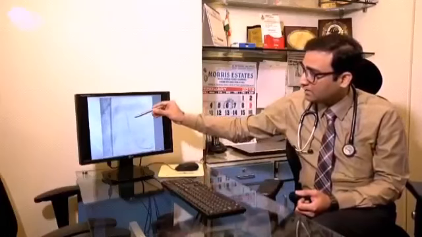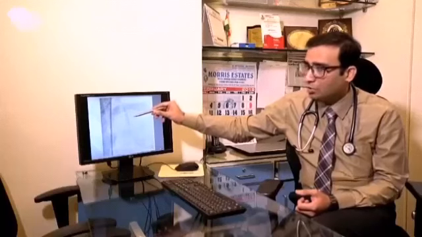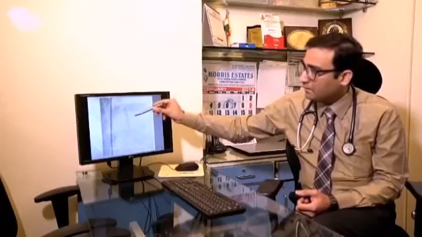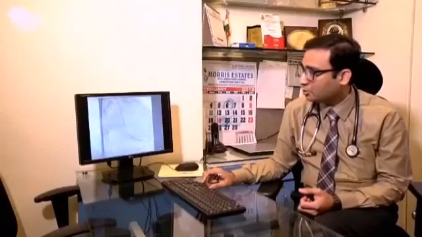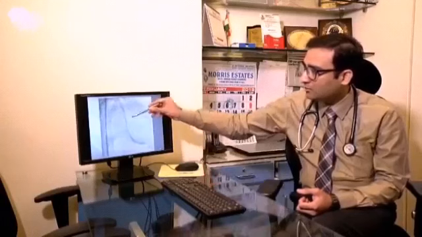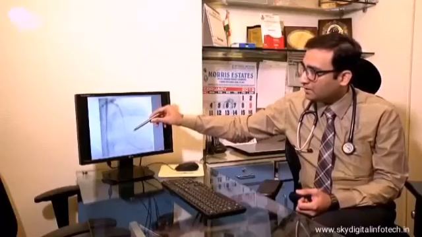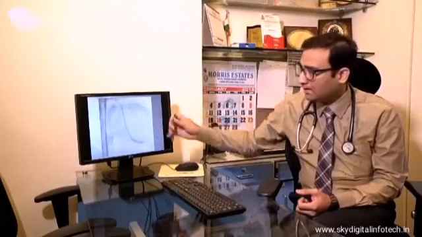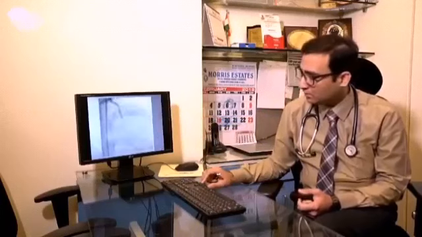Again in the proximal lesion, you can see the same things. The balloon has expanded uniformly, no residual stenosis, no dog boning effect, which we see in usual NC balloons. Here we went as high as 36 atmospheres of pressure, and after aggressive balloon dilatation, this is the check angio. You can see the lesions have opened up very well, bed preparation looks adequate, flow is maintained. However, there is a small dissection at the distal lesion, but that is not a concern in this case. It is very common in calcific stenosis.